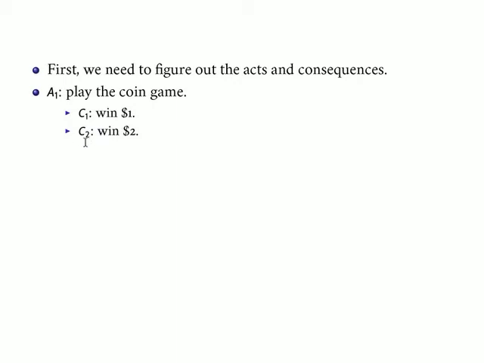But in the case where the coin lands tails, the other possible consequence, you win $2. Now the other action is playing the die game, and here are the two consequences for the die game. You win $3 if it lands 5 or 6, or you win nothing when it lands on any of the other numbers. Okay, so here is our first step in formalizing